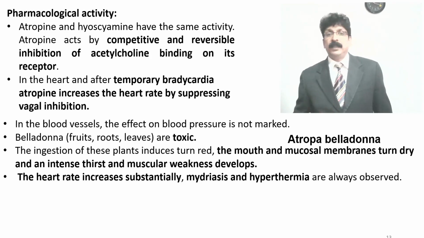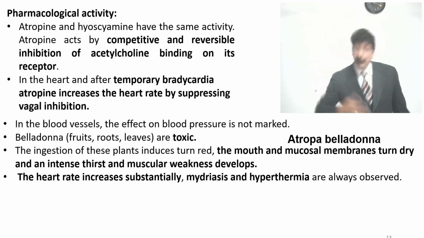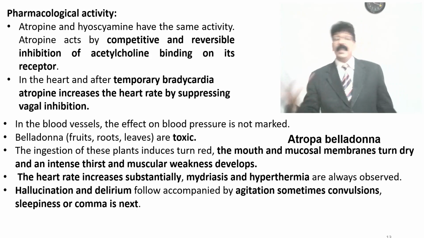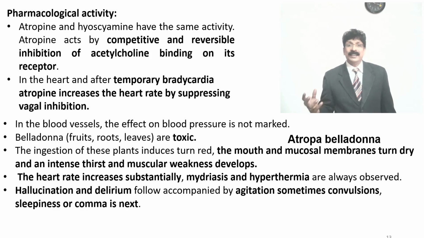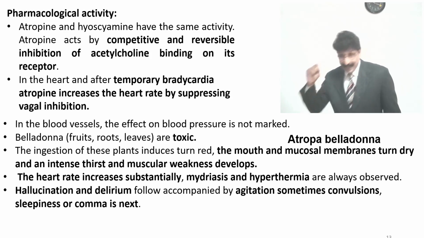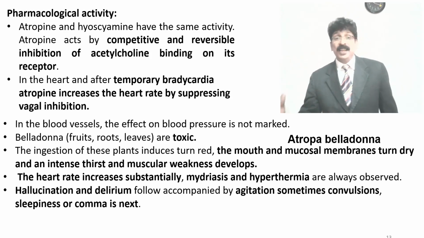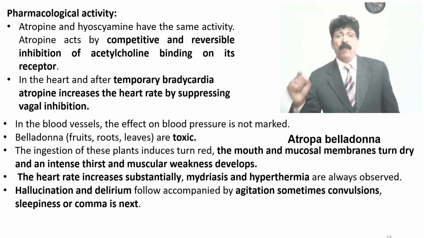It causes mydriasis, and hyperthermia is also always observed with this drug. Hallucination also, to some extent, a flying feeling, and delirium, not like alcohol or morphine, but hallucination and delirium. A psychotic feeling will also happen, accompanied by agitation,